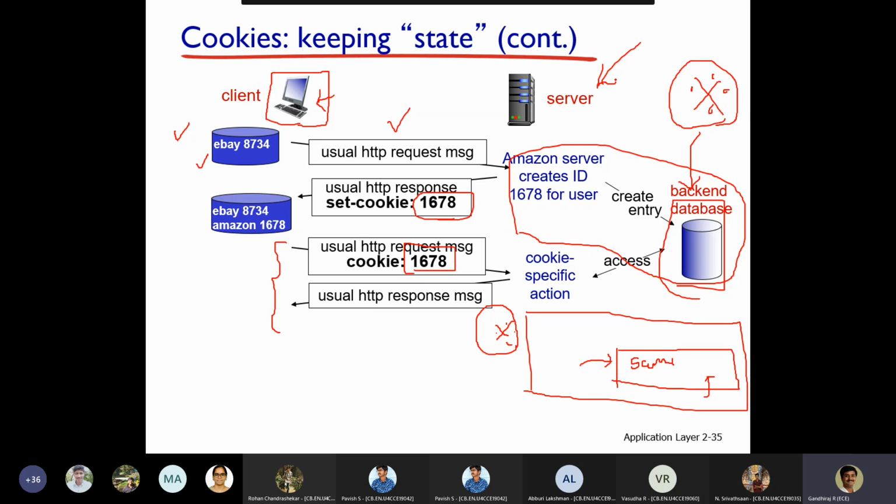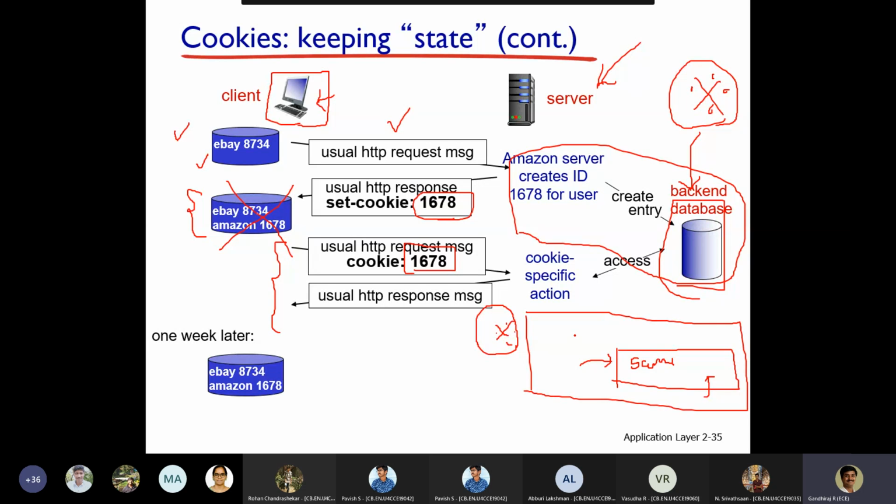So that's the reason there are some apps available, or we can clear the cookies very frequently. If we delete that ID 1678 retained in our client system, then the server cannot understand who I am, so every time I look like a new user. So this is the point which we actually want to make.